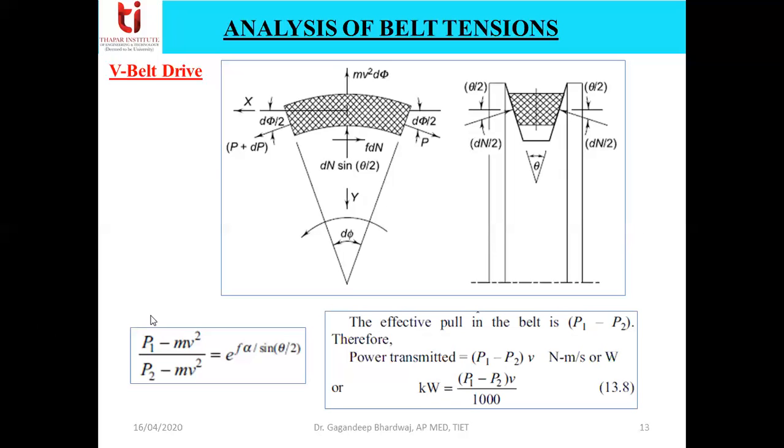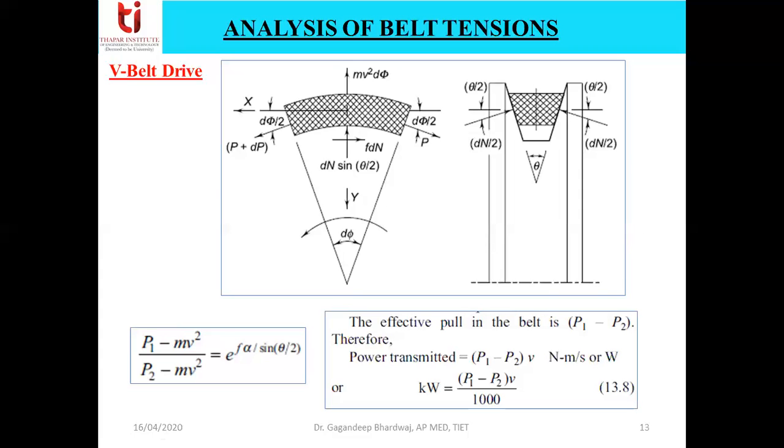Both the expressions for the ratio of driving tension are same except the term sine theta by 2 appearing in case of V belt drive. So we can say that f by sine theta by 2 is the effective coefficient of friction in case of V belt drive. If we take any value of theta, suppose theta equal to 40, we find that the coefficient of V belt drive is 2.92 times that of the flat belt. So from that you can predict that V belts are more powerful as compared to flat belt drive.